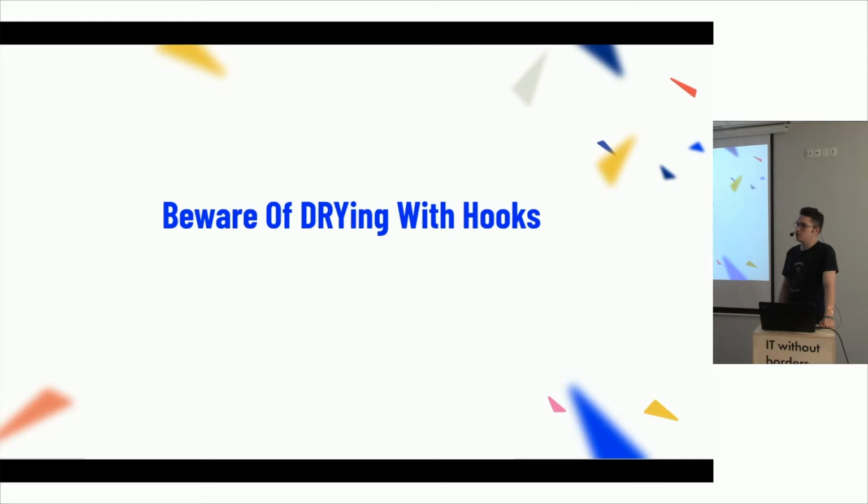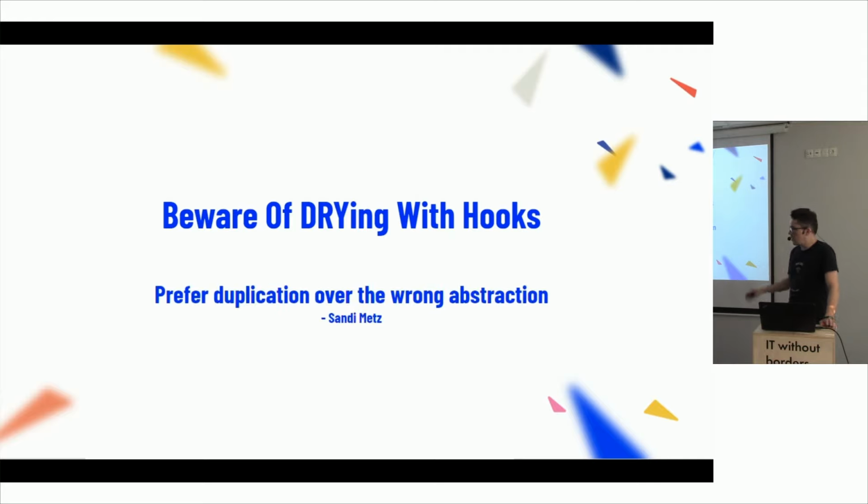The problem is that they are intrinsically connected with what React is doing within the render. So this is the takeaway: prefer duplication over the wrong abstraction. I know that the DRY movement says make this code DRY, whatever. But wait before abstracting things into your own custom hooks that are just a compilation of different hooks you use within a component.